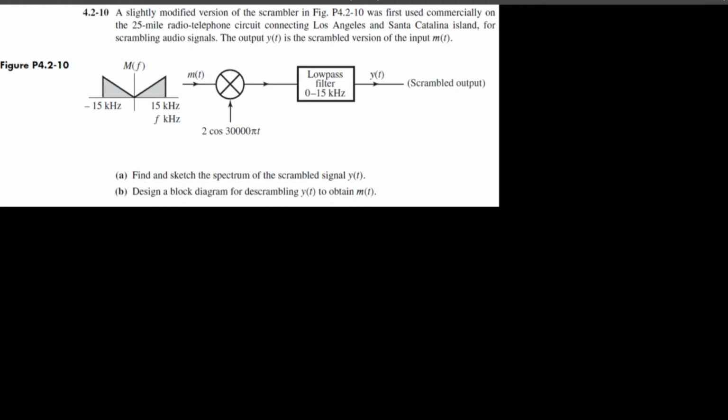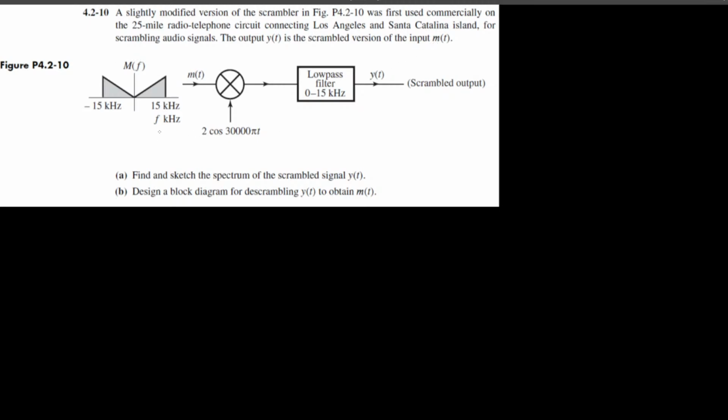A slightly modified version of the scrambler in figure P4.2-10 was first used commercially on the 25-mile radio telephone circuit connecting Los Angeles and Santa Catalina Island for scrambling audio signals. The output y of t is the scrambled version of the input m of t, and here